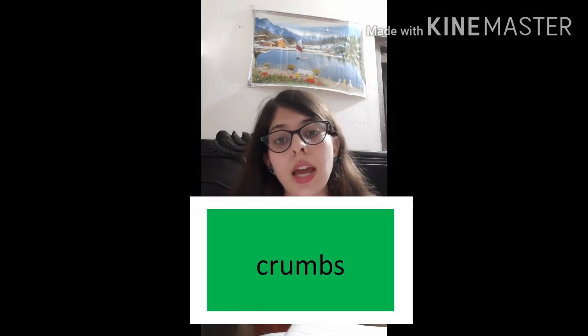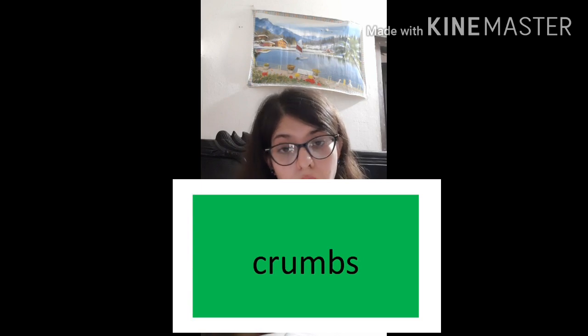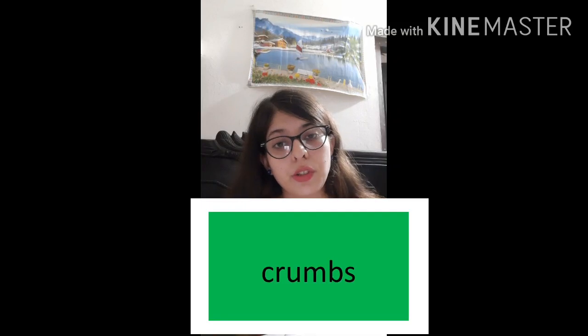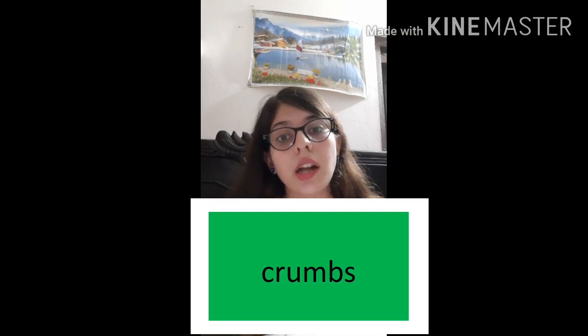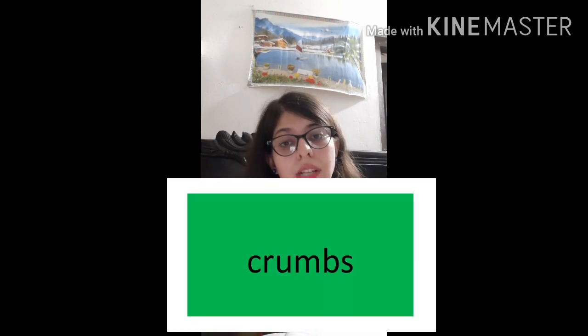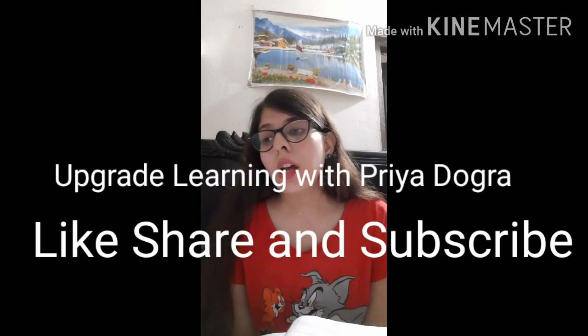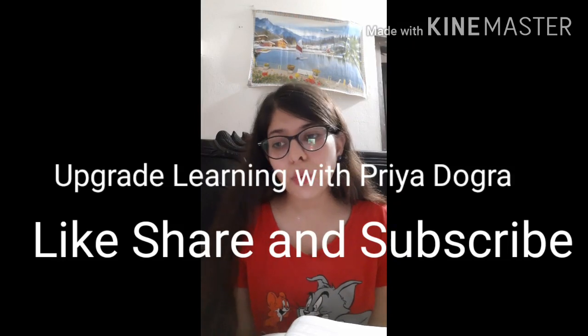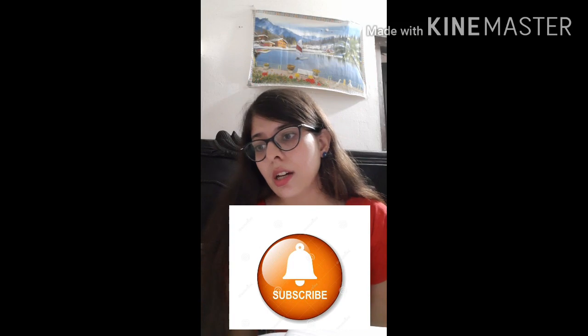All right, now next one, it's CRUMBS. And how do we pronounce it now? Is it crumbs? No, it's crumbs. Okay, so B is silent here. Okay, now whenever you pronounce it, you're going to say it's crumbs, not crumbs. Now what are crumbs? They are bread crumbs, actually the bread pieces which fall off from bread. They are known as crumbs. Okay, now since we have time, let's move on to some more interesting words.